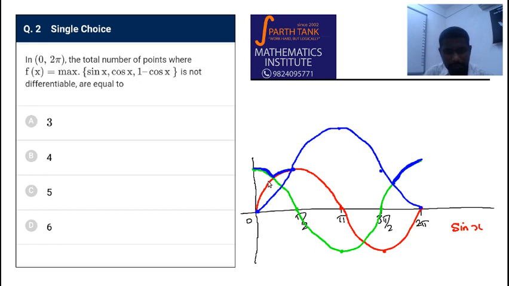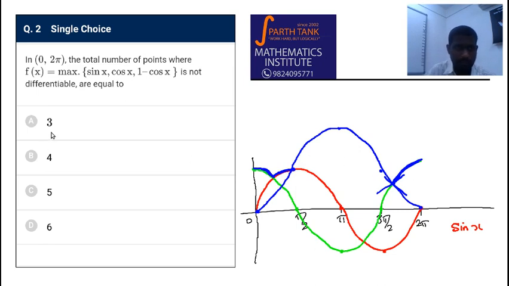And in this, we have 3 points which are non-differentiable, 1, 2 and 3. Why are they non-differentiable? Because you know that the tangent at this point will have two different values for the slope. You can have a tangent like this, or you can have a tangent like this. The same way the tangents here will also have two different slopes. So these 3 points are non-differentiable. Understood? So the number of points where the curve is non-differentiable is 3.